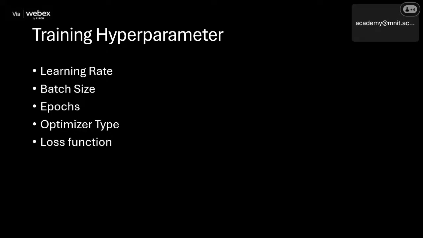Then there is a complete research domain in how to select the optimizer type, and research is still going on, how to actually make a more efficient optimizer to